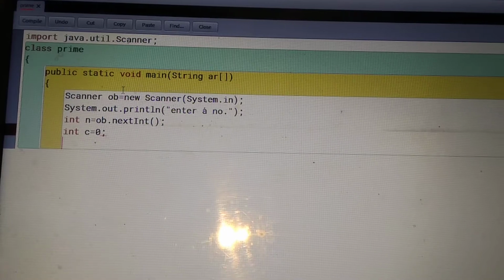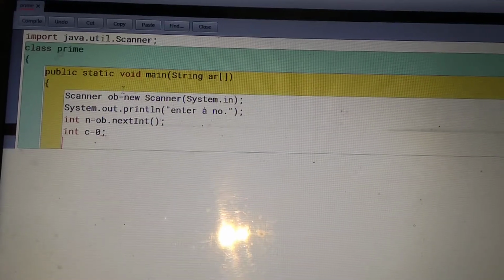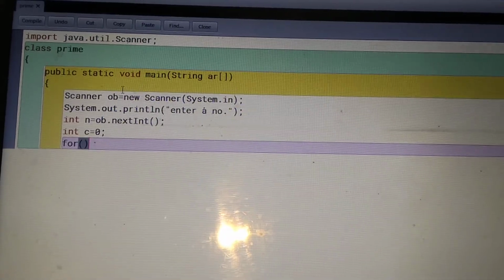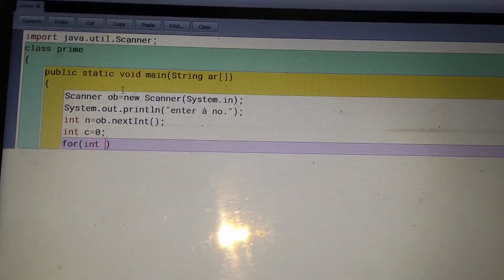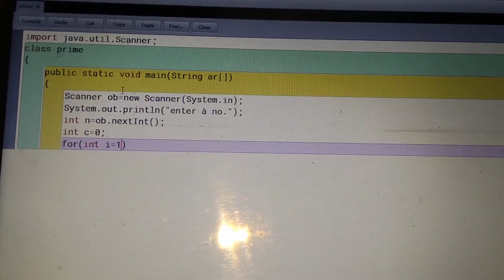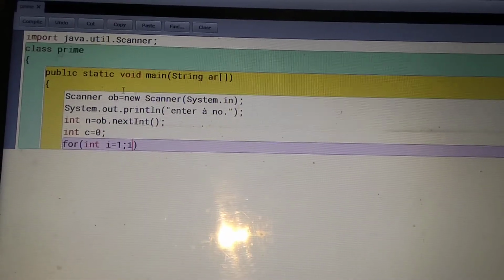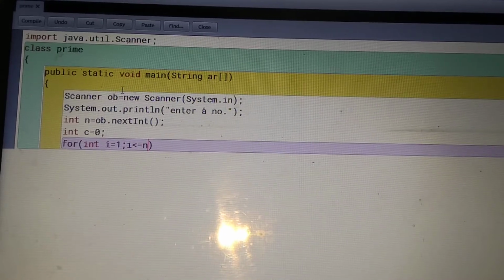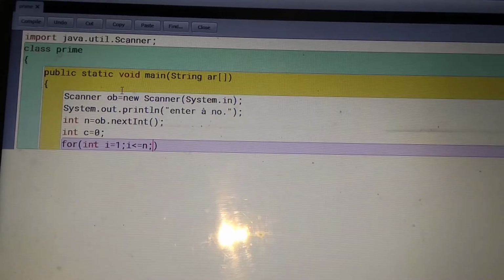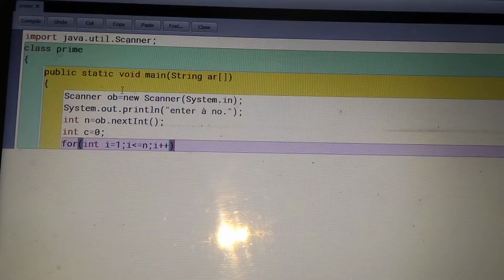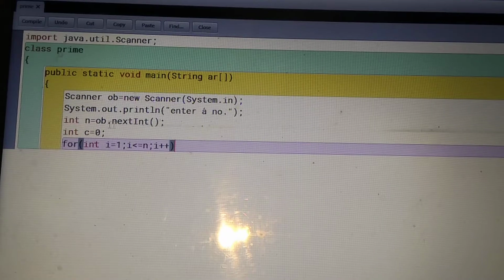Next we start the loop. We are going to do this program using a for loop. For int i is equals to 1, i less than or equals to n, i plus plus. Here the condition depends on this: we start from 1.